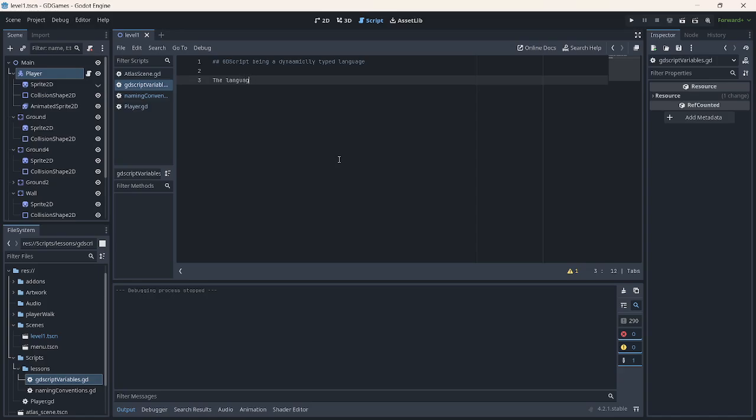language is easy to get started with. It can also be written and changed quickly.